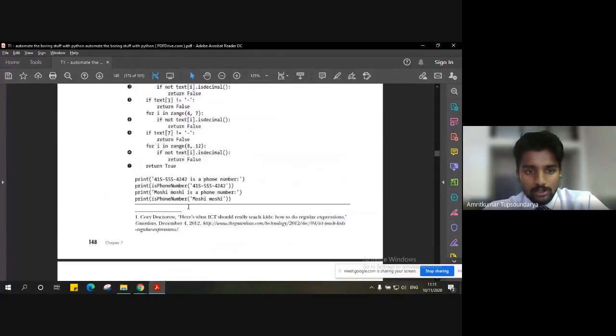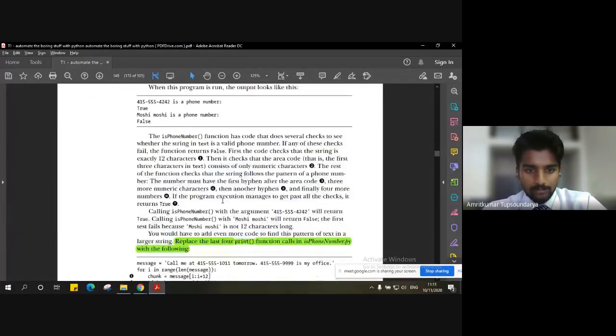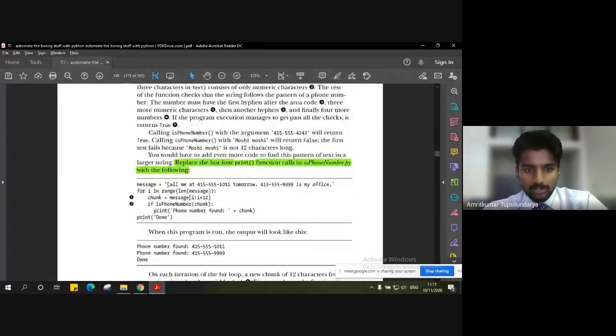We also saw how these four lines, which were hard coded, could be replaced to make it look real time, as if you are giving some kind of message, and the task of the program is to detect within that message whether there is a phone number or not.